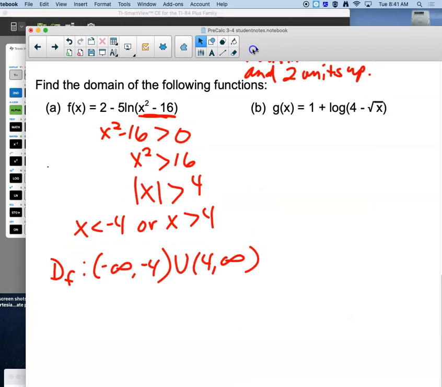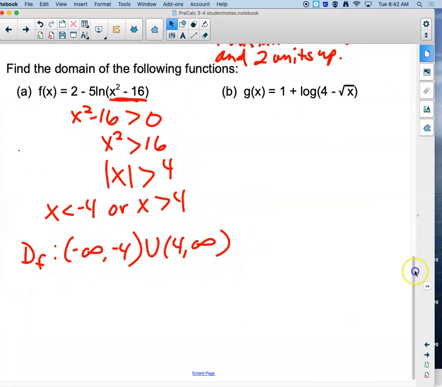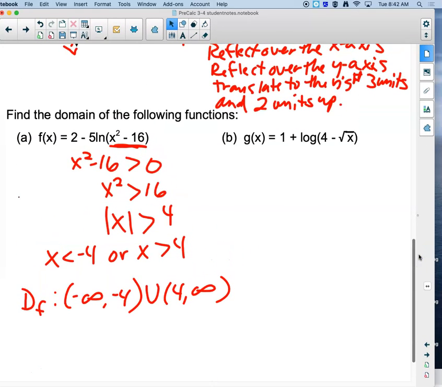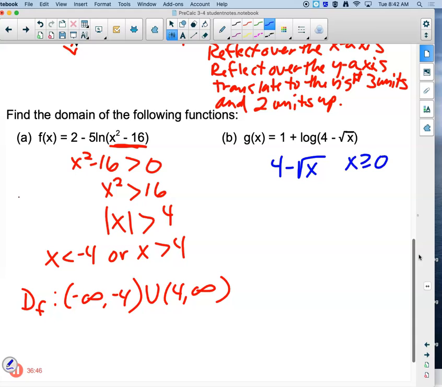So usually students like to see this one graphically. I'm looking at 4 minus the square root of x. And right away I realize, well, x is going to have to be greater than or equal to 0. Now, can it be 0? Let's see. If I put a 0 in here for x, that's going to be 4 minus 0. Yes, that's still positive. So it can be 0 in this case. But overall,